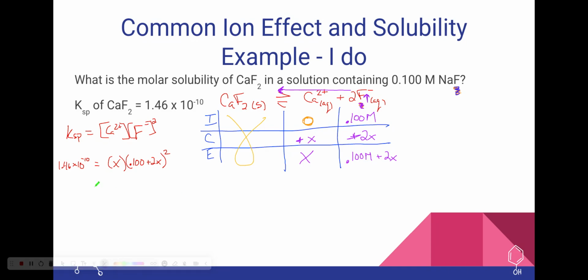Okay, so what I mean by that is if you look at the times 10 to the negative 10 here, our scientific notation, this value here, and we compare that to the concentration of our fluoride ion right now,